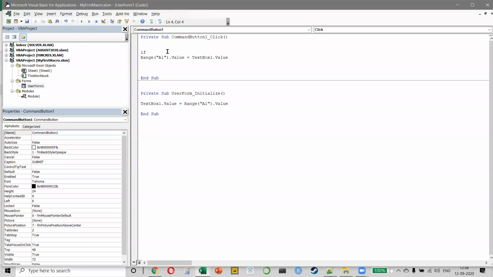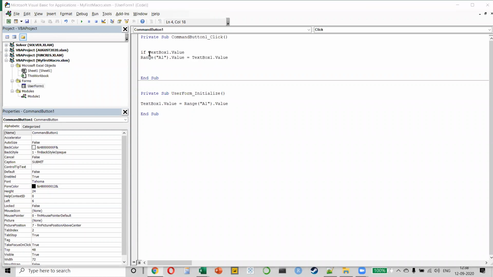Okay, so I can say if the value which is in text box one is numeric. So what I should be able to say here is, let me just see the syntax once.